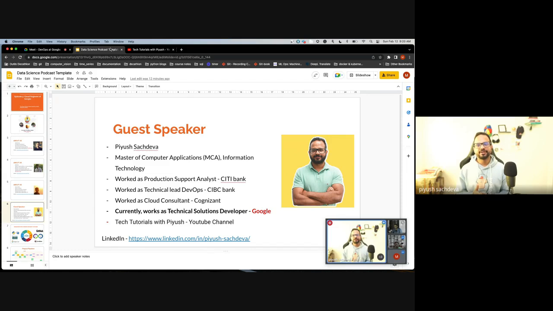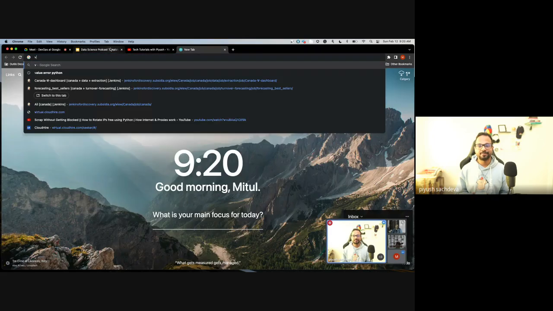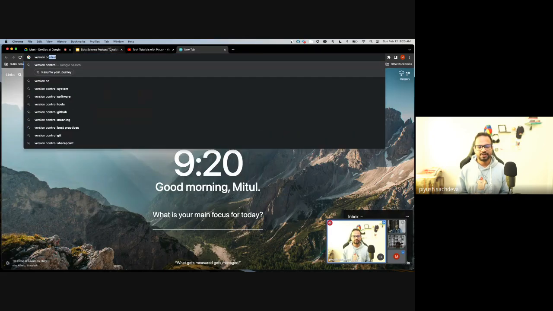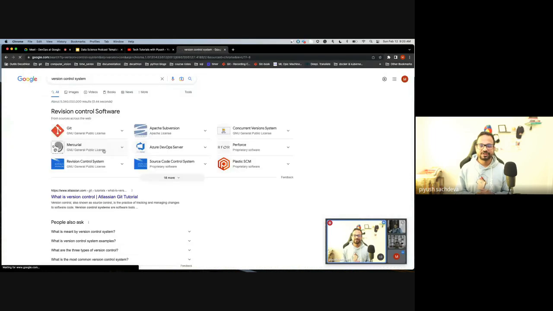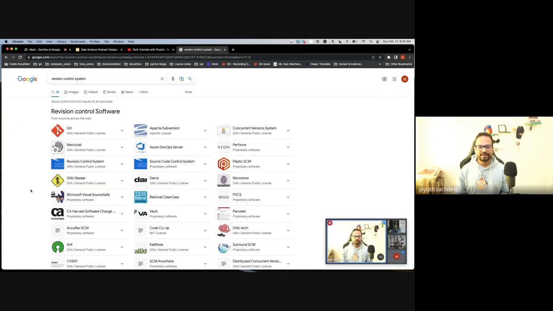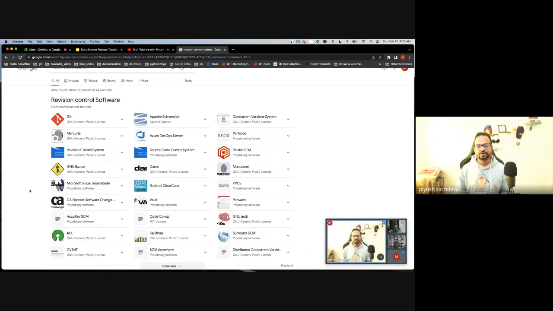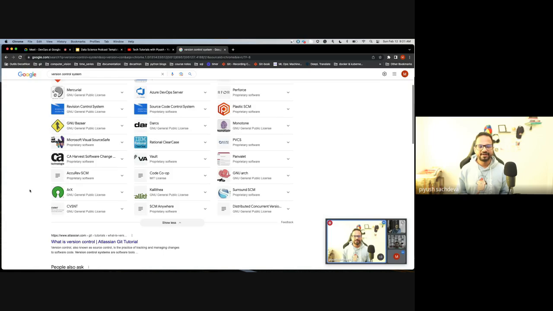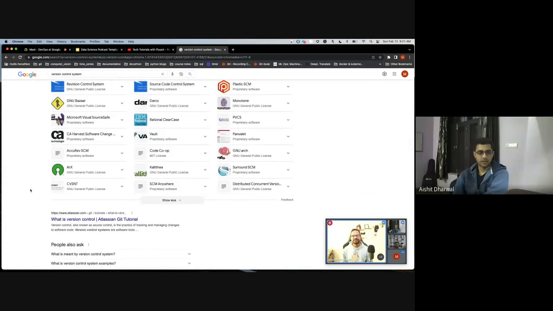First you should know a version control system such as GitHub, GitLab, or Bitbucket, either of those. It doesn't matter which version control you choose. It should be centralized. For example, SVN was not centralized; it was a legacy system that we were using before. But now these version control systems are all based on Git, so you could choose GitHub, Bitbucket, or GitLab. Then the next would be a centralized CI/CD.